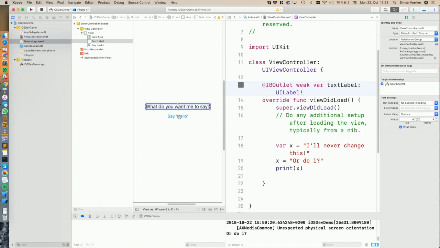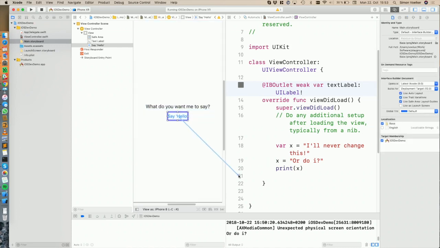So now for the button, it's actually the other way around from what we want to have. I want to get notified in code when I press the button. For that, we want to have an action. I could also set the button to be an outlet if I want to, for example, change the title or the text that is depicted on the button. I could have an outlet for that. But in this case, I want to get notified when the button is pressed. So I'll give it the